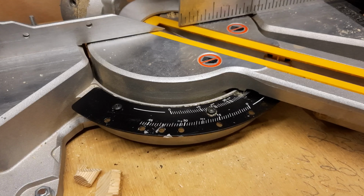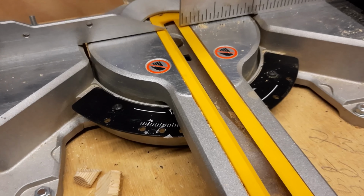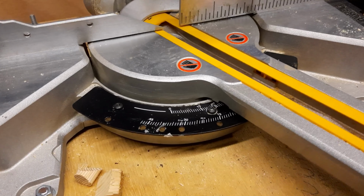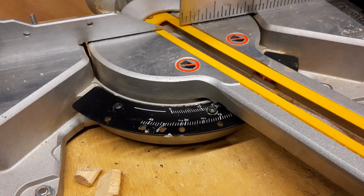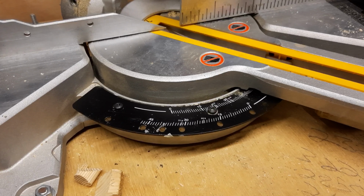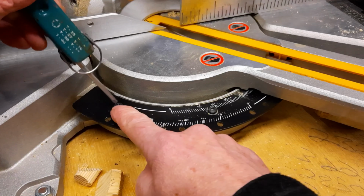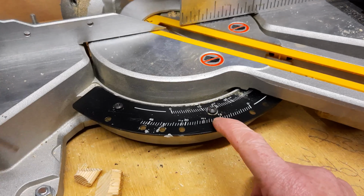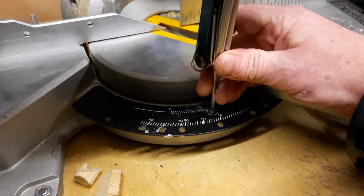Okay, so if I understand what Marek has told me correctly, he's trying to adjust his mitre saw, and what you may know from your mitre saw is that it has locating points in parts of its movement to set it at 30 degrees, 45 degrees, 22.5, 0, whatever it might be. And on the plate, here's the angle marking plate, the gauge if you like, there are 3 screws which you can loosen in order to adjust the plate. So if I loosen those screws,